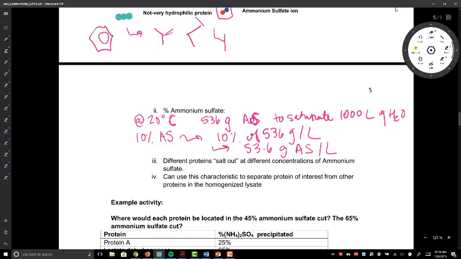All right. And so what happens is that different proteins, depending on their primary sequence or the way that once they fold and where the different hydrophobic and hydrophilic regions are arranged, are they in a patch, are they evenly distributed, all that's going to affect how much ammonium sulfate it takes to induce a protein to fall out of solution. And so for many proteins, this has been experimentally determined. So somebody long before us went ahead and did the dirty work for us and figured out at what percentage of ammonium sulfate